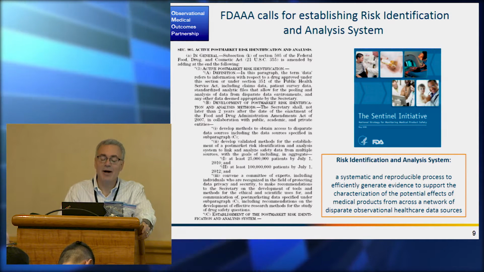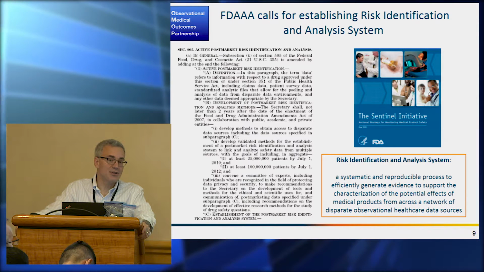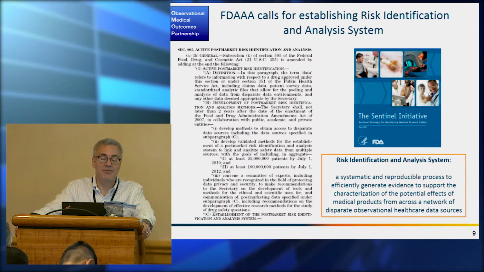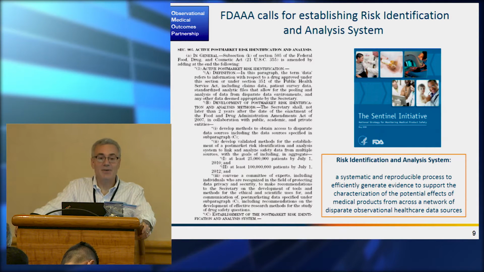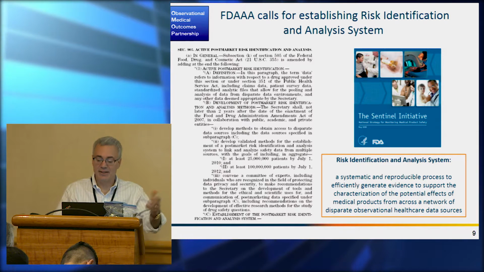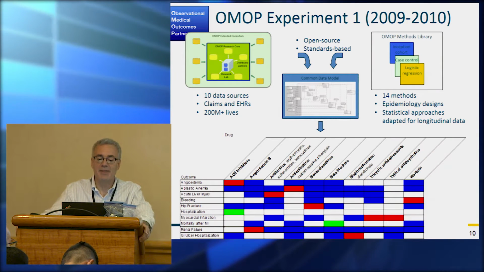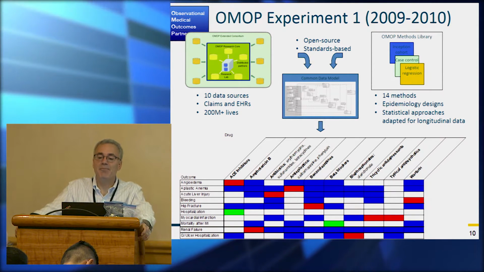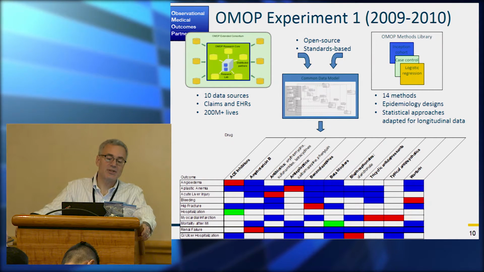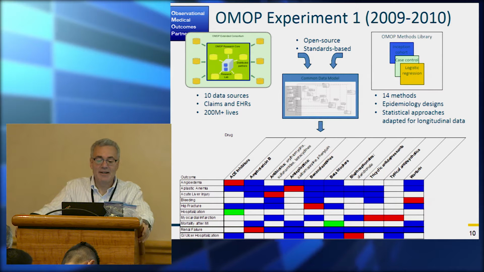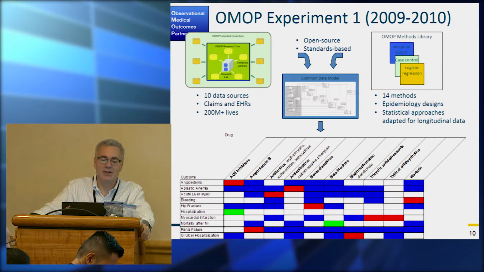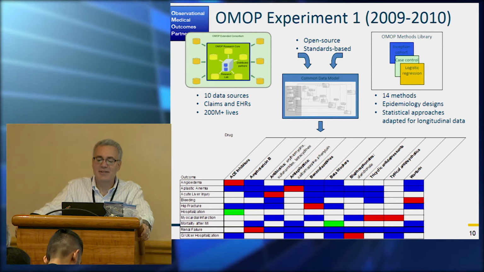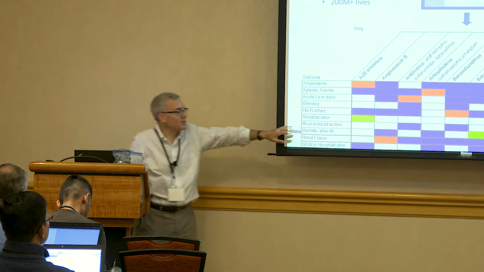So out of that came the OMOP initiative, which was funded by industry, mediated through the NIH Foundation, which is where the money went through to fund academics, working with the FDA. The FDA supplied the personnel and oversaw the initiative to figure out what were the best methods. So the OMOP experiment started with the charge to figure out methods for observational research. The first experiment, as you can see, took a number of data sources, mostly claims, also EHR, put them in a data model, assembled and also innovated some methods, put them together and checked them against a gold standard. So they had to create a gold standard.